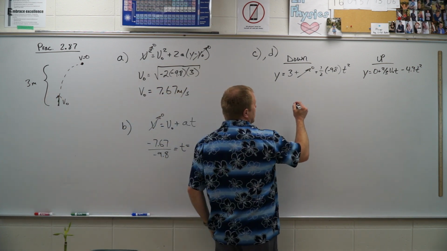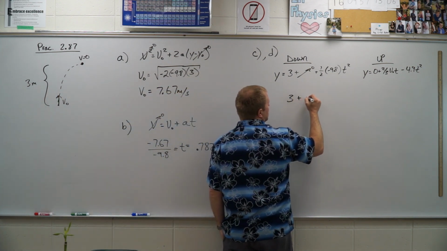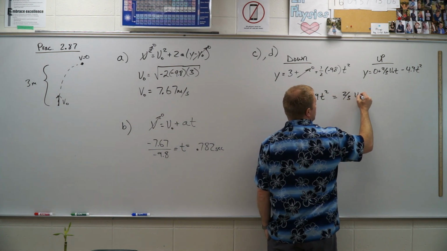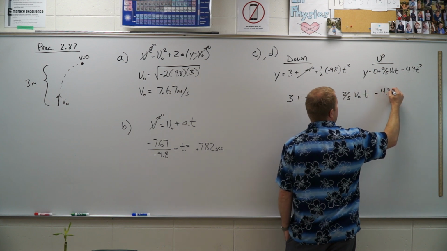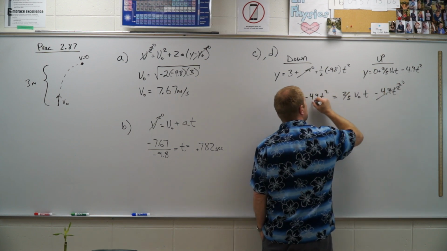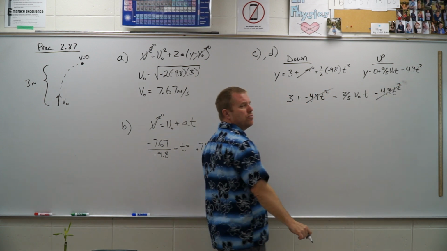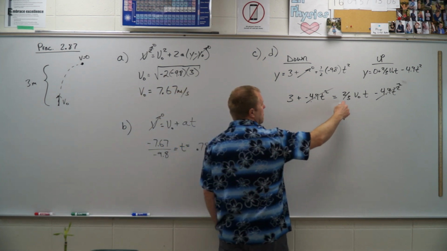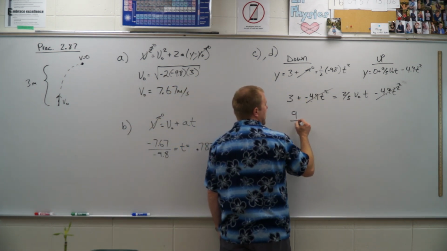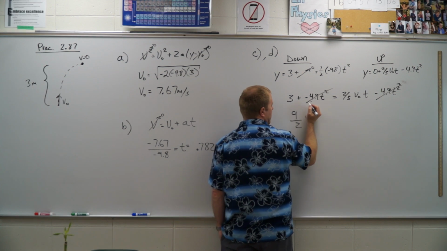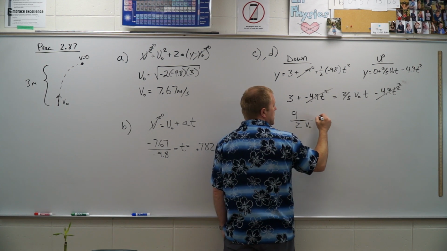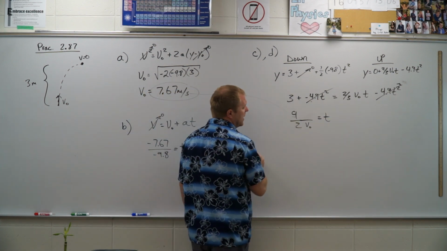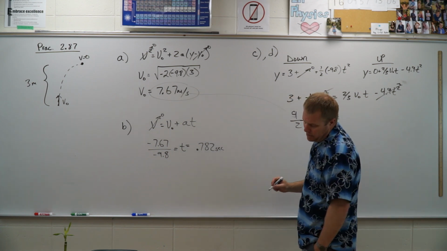Okay, so we'll set those two equal to each other. So I have 3 plus negative 4.9 t squared equals 2/3 v naught t minus 4.9 t squared. Fun thing happens. Those two things are the same on both sides, so they cross out. And so I can multiply the 3, divide the 2, so I get 9/2 over v naught, equals t. The v naught here is this value, so I'm going to plug that in. And I should get a time of